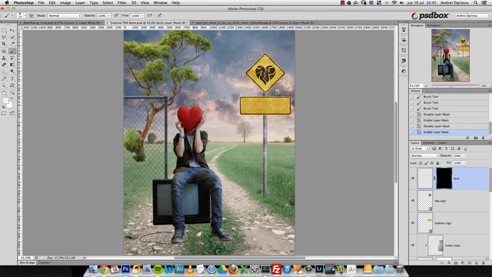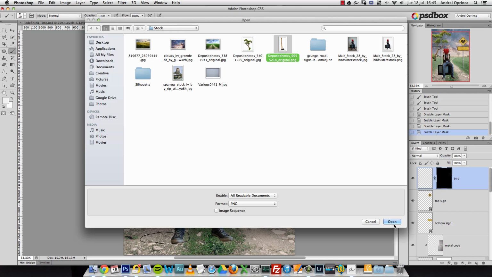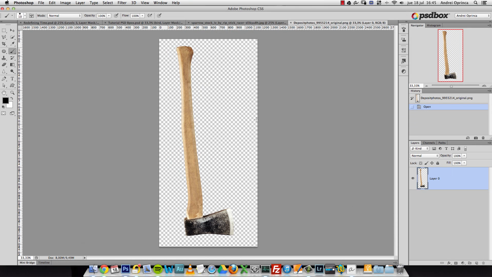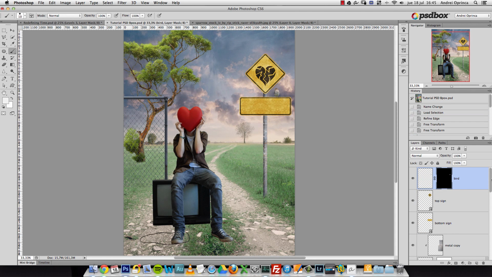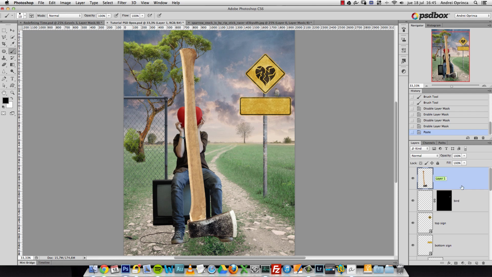Let's add our axe there. I don't know why I added this, honestly, but I don't know. Again, I extracted using the pen tool. This is the extracted version of it. I think, well, it was not on a white background, but it's really easy to extract with any tool actually. But I did it with the pen tool. And let's add it here. Let's name the layer axe,